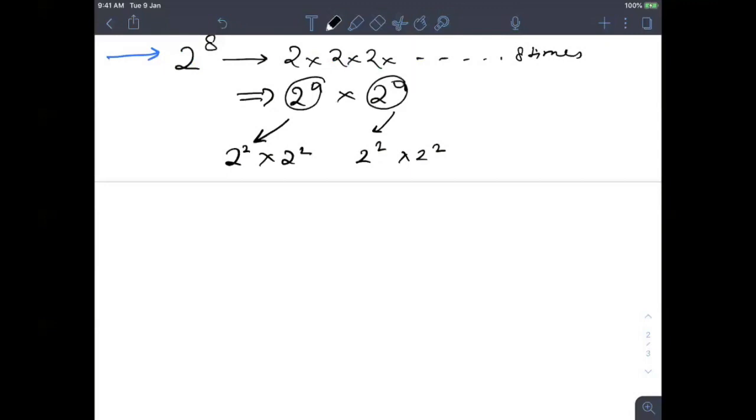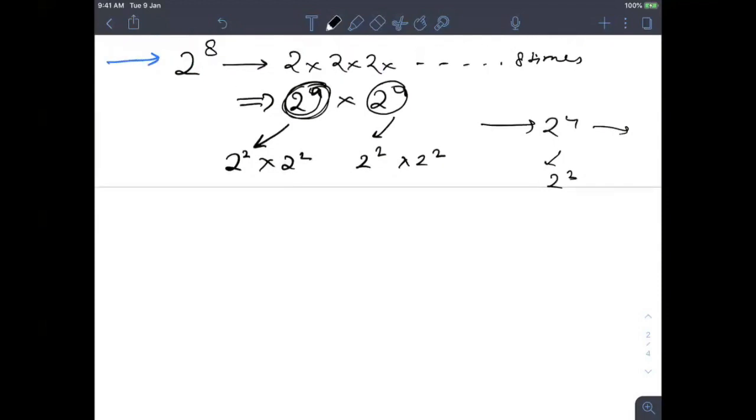If you think closely, it is some kind of recursive thing where you are breaking your problem into subproblems. First you wanted to calculate 2 to the power 4, now you just need to calculate 2 to the power 2. If you have a common function which takes the base and power and gives the result, we can use it. How we use it, we'll see later, but let's assume that right now and go by this approach.